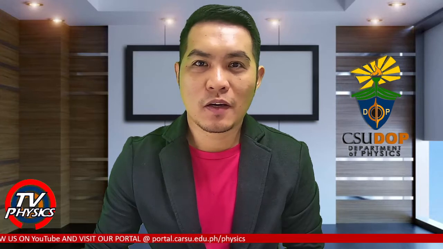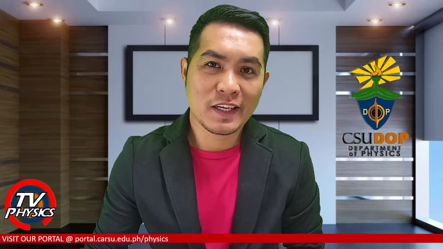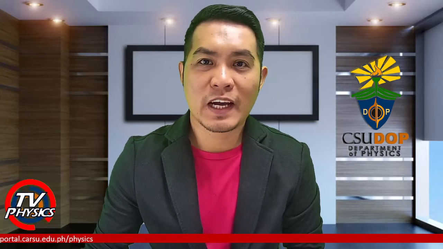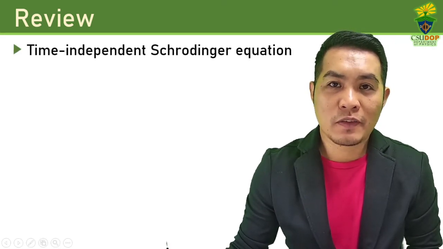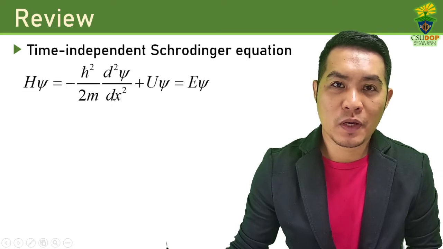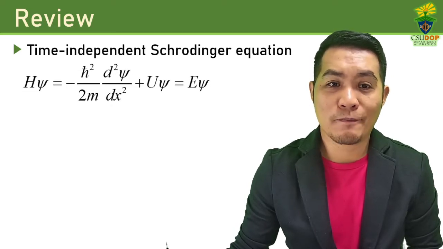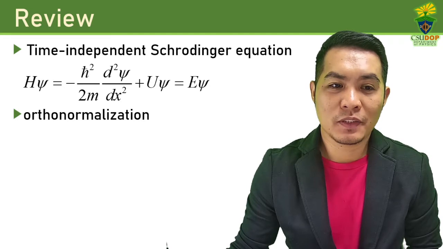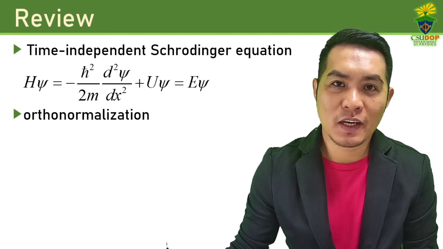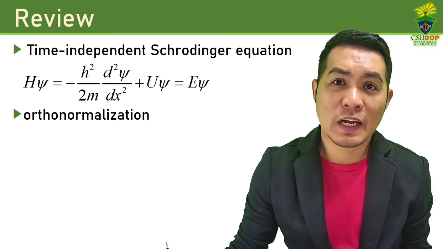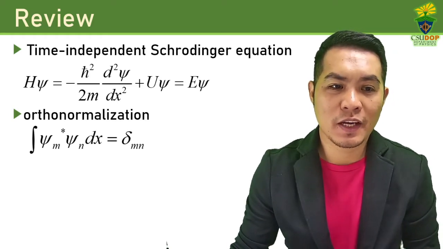We are still on the second chapter of this course, which is on the time-independent Schrödinger equation. Before we proceed with today's lesson, let's first review what we have discussed so far. We have derived the time-independent Schrödinger equation, which is also an eigenvalue equation. We have derived the orthonormalization equations for the time-independent wave functions, psi n's,